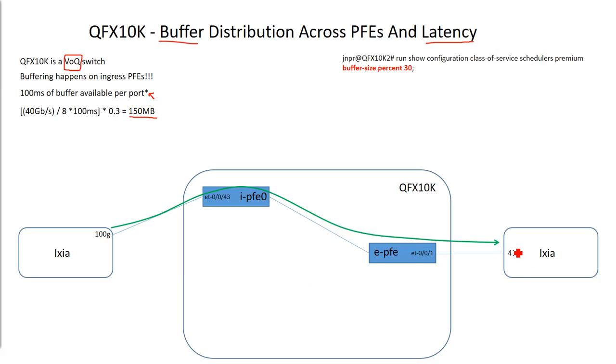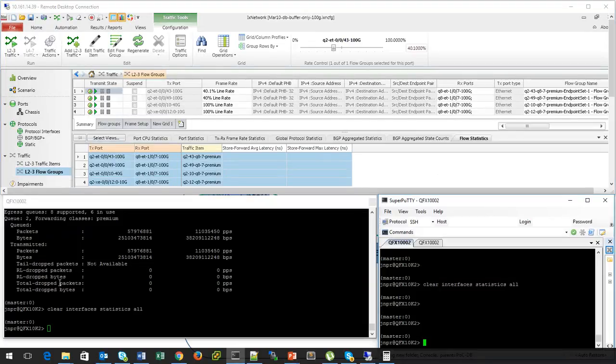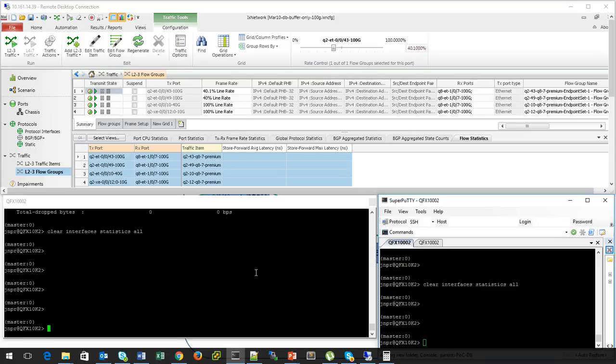I can offload with 40 gigabits per second, and I can offer a rate of 100 gigabits per second. So let's get to Ixia, and for starters,